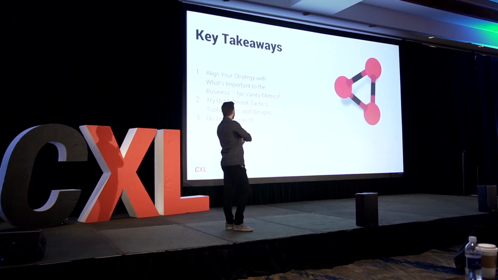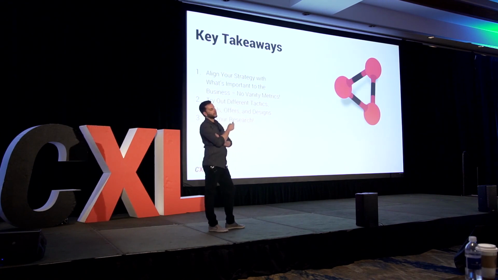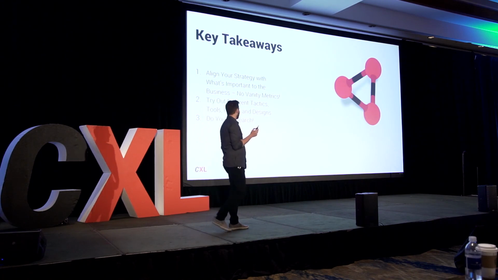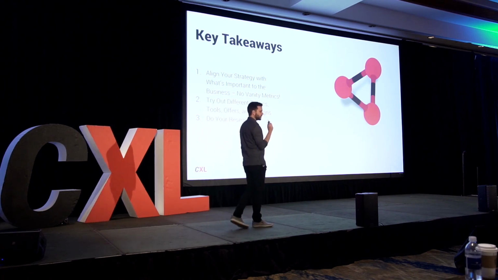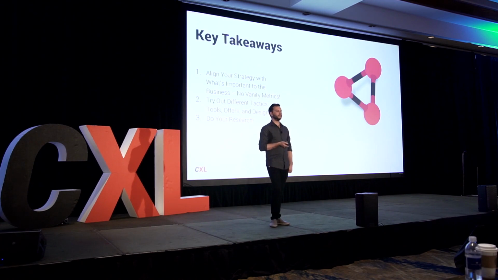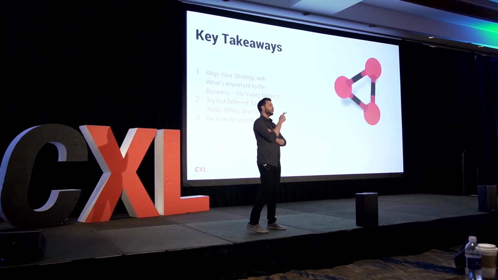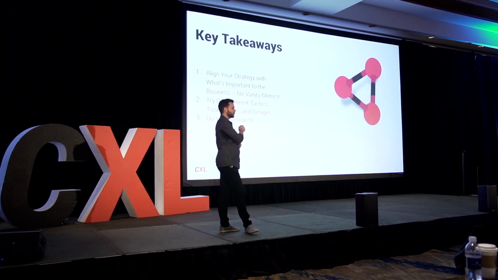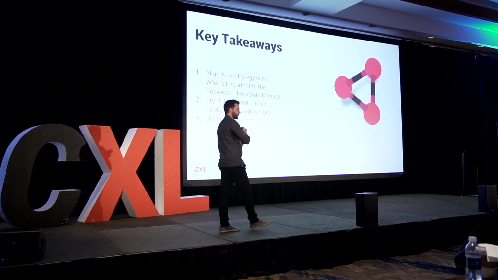Try out different tactics, different tools, different offers, and different designs. And like you saw in the case of the native example, try out different motivational triggers, try out different hypotheses. Don't just try out 2 different colors for no reason. And most importantly, do your research. This is the best way to get high impact tests, is by doing very thorough conversion research, use solid conversion principles, apply a good framework of heuristics, and do your due diligence. And this is the best way to get tests that are going to keep your clients happy or your management happy and get the results that you're looking for.